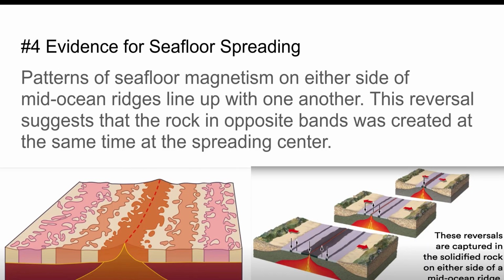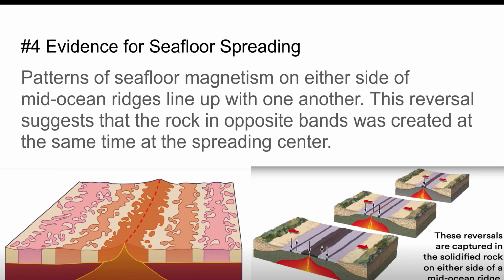And the last piece of evidence, I've talked about this one a bunch of times now, was the idea of the magnetic reversals captured in solid rock by iron filament in the rock. So these magnetic reversals show that the Earth's polarity has changed over time, and so iron is pointing north in some bands of rock, iron is pointing south in some bands of rock. But the key feature here is, if you look in the image on the left,